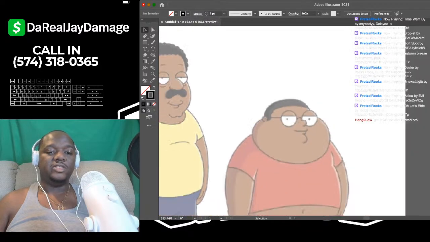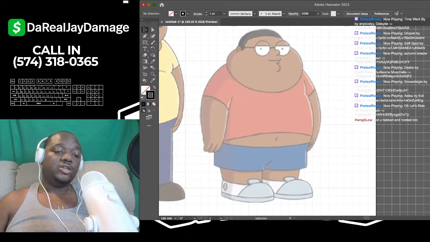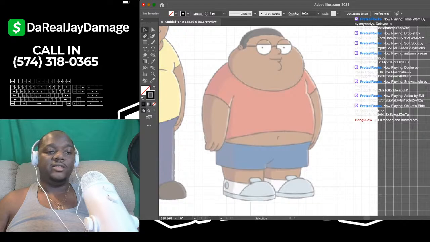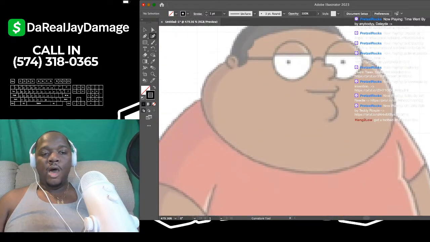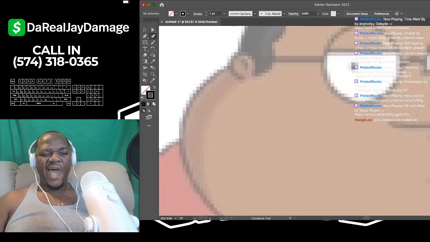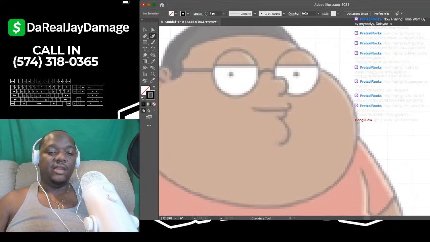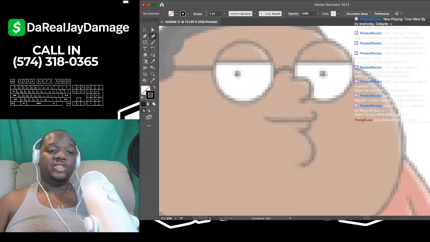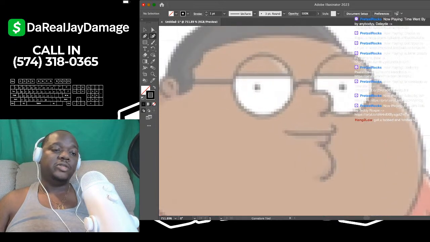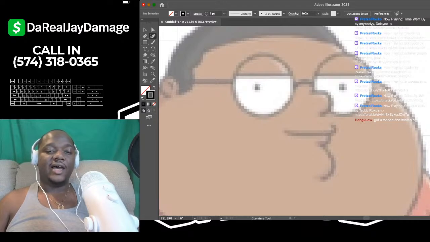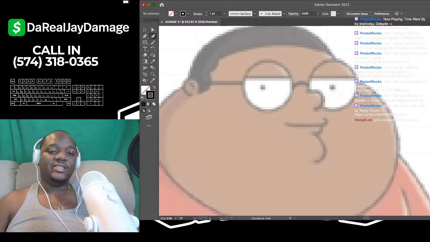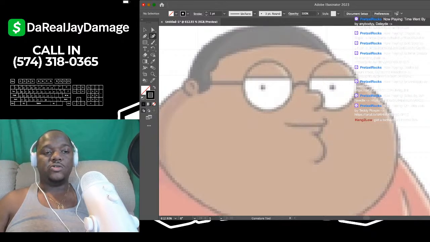So when it comes to these characters, most cartoons use mostly round lines to create characters. So what we have to do is use the curvature tool to create those round lines. And if you see any straight up shapes, you can use the shape tool. The shape tool is right under the pen tool. So for example, look at his eyes. His eyes are his glasses, and those are circles. We can do that first.